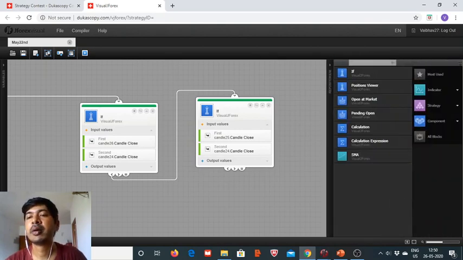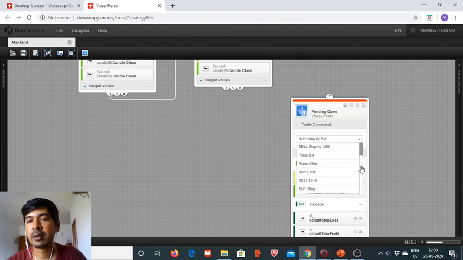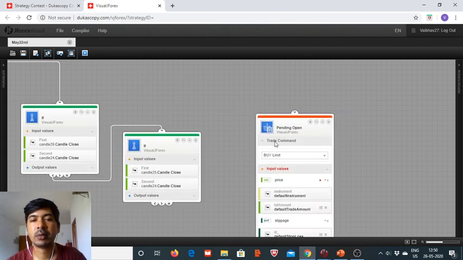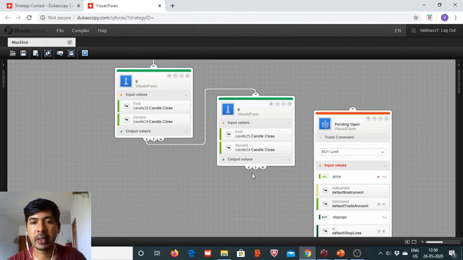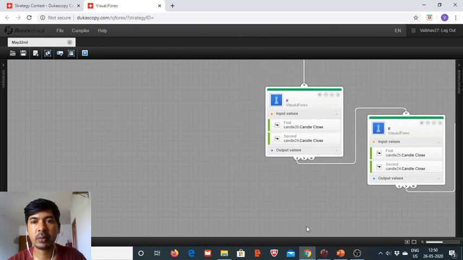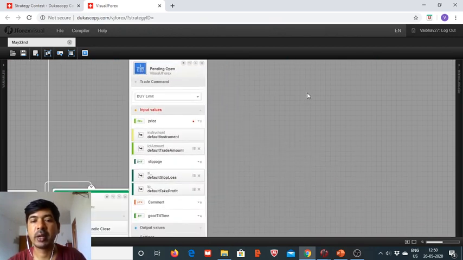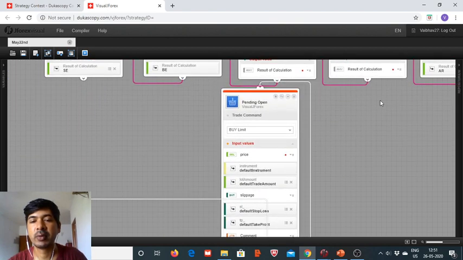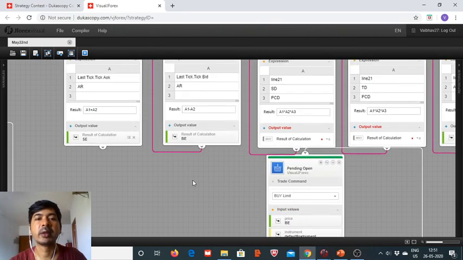Now is the time to bring the pending open order, and it will be a limit order, so we make it by limit. And it should be greater. Okay, now we will need to do the type conversion as well, and we also need to define the order validity as well. First we do this. Here we put in the buy price, which is elastic price reduced by the 10% of the daily ATR,